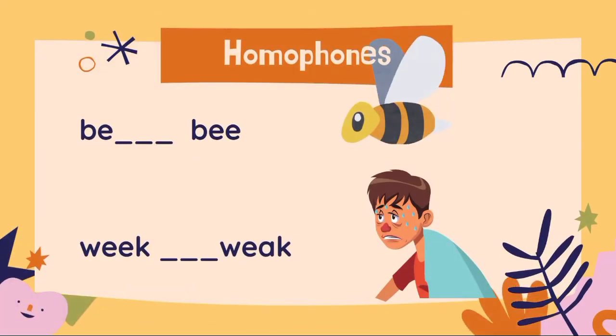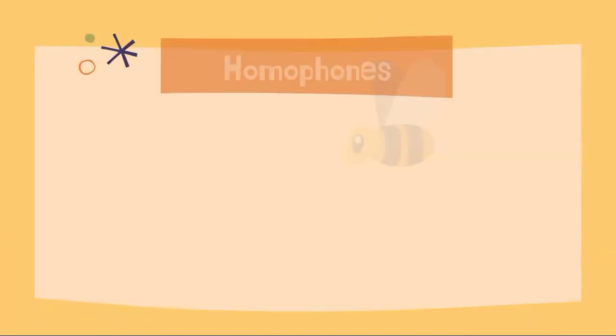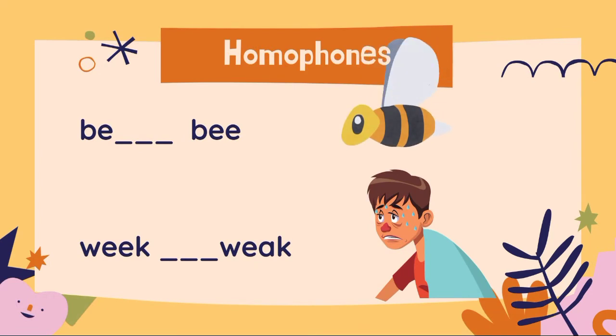Okay, and the other is be. That's the verb be and the insect bee. Remember this poem when you were young, when you were little? Bee's a bee, bee's a bee. So you see the be and the bee are exactly the same. You cannot separate or differentiate them. You can only do that by spelling, but if they are to be transcribed, you will see exactly the same phonemic transcription.